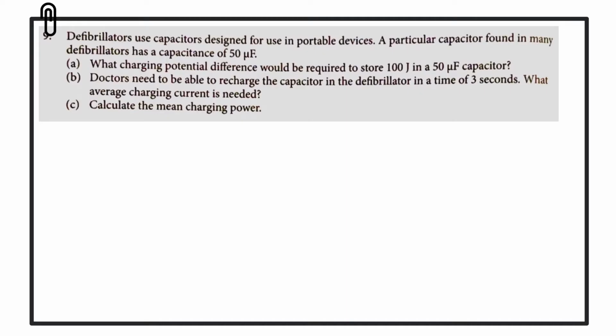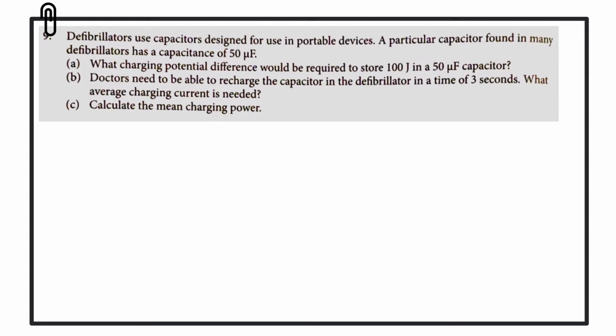Hi folks, in this video we're going to have a look at a capacitor question that is put into the context of defibrillators. So defibrillators use capacitors designed for use in portable devices. A particular capacitor found in many defibrillators has a capacitance of 50 microfarads. Part A of this question is asking what charging potential difference would be required to store 100 joules in a